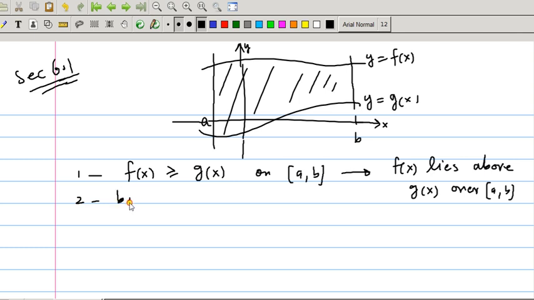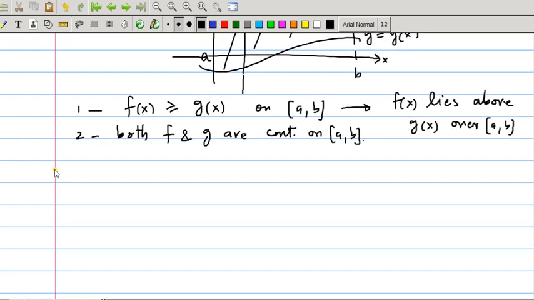Second is both f(x) and g(x) are continuous on this interval a to b. Continuous means no break, right? There is no break in our functions. So then the area between the curves, or I can say that the area of region